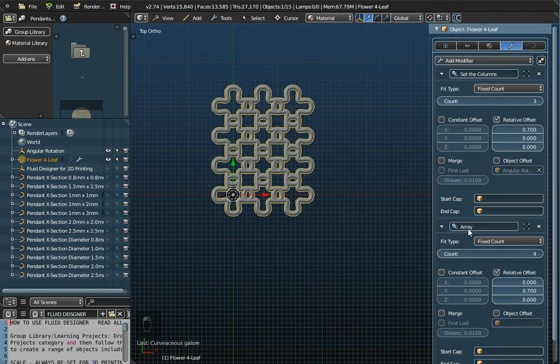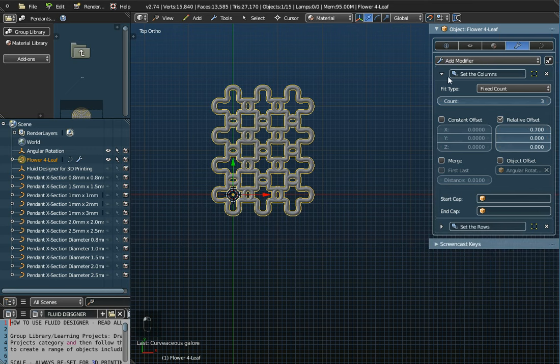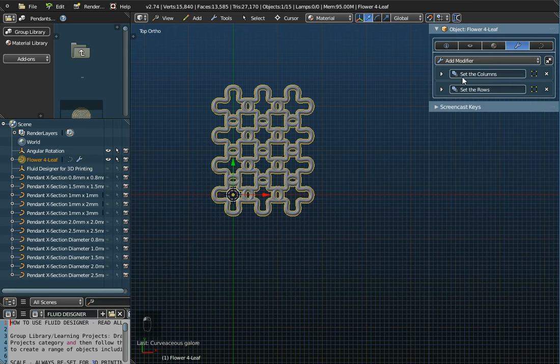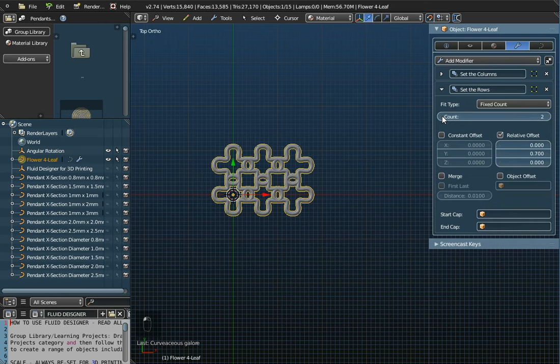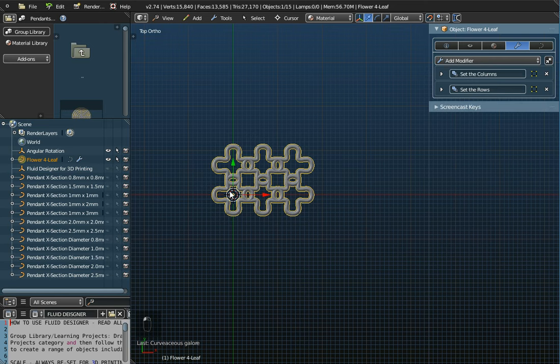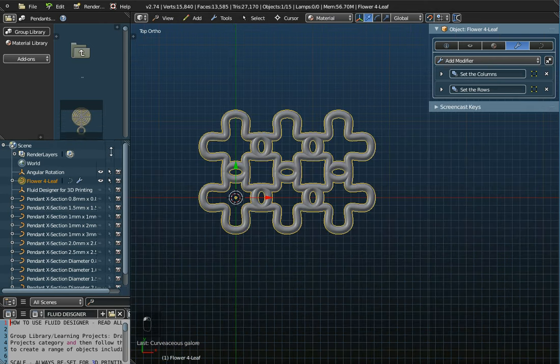So I like to change the name in here to set the rows, so that when these are shut down, you can easily see what these modifiers are. So rather than keep them with the name array there, try changing these. So I'll just switch that down to 2 and I can close this panel down here,